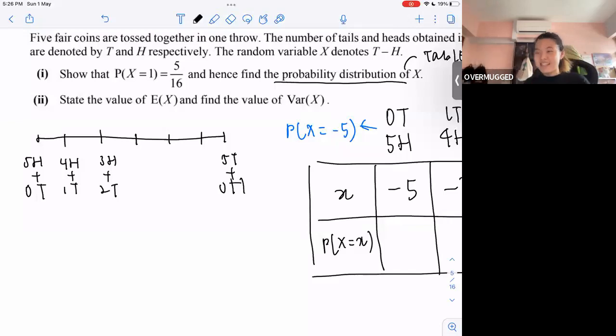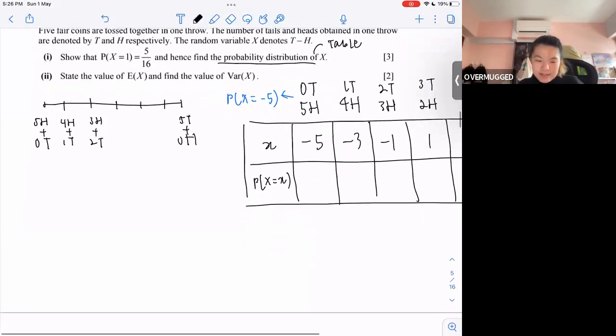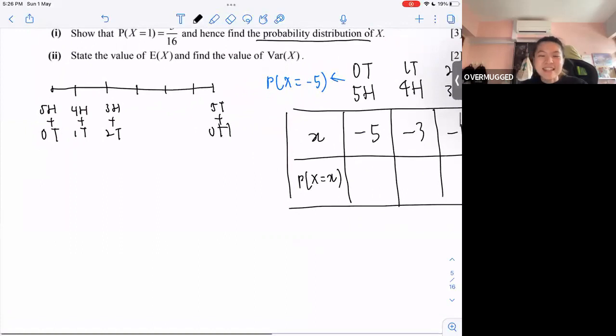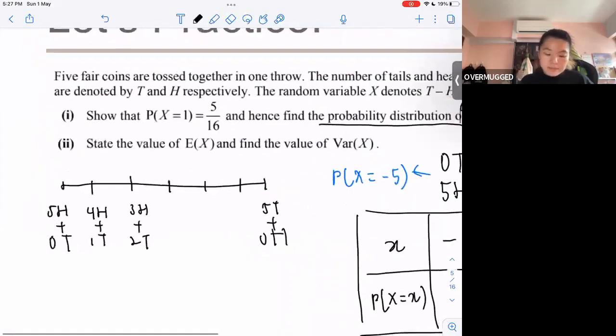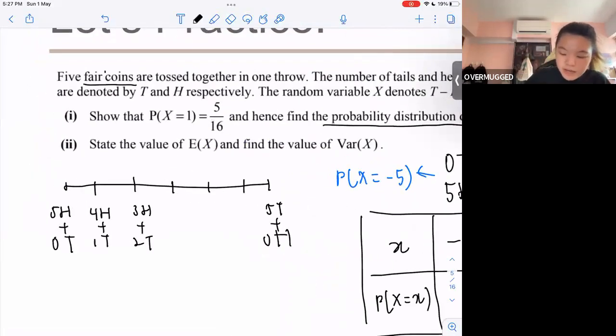Yes, okay, so someone asked, can we use P and C? You definitely can, but for this case, I'm going to use probability, because it's much easier, it's less tedious. But it's actually more or less the same thing. So let's take a look at how we're going to do that. Before that, we know that it's fair coins, so your probability will be half. Probability of tossing a head or tail either way will be half because it's a fair coin.